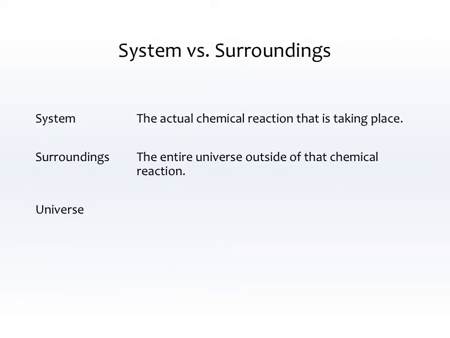So we need to know about the system versus the surroundings so we can talk about transfer between the system and the surroundings. The system is the actual chemical reaction that's taking place, the thing that you're actually interested in. The surroundings are the entire universe outside of that chemical reaction. So if your system is a reaction in a beaker, the surroundings is the beaker itself and the air around the beaker. And so then the universe is the system